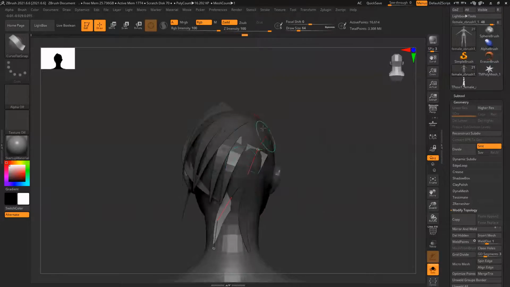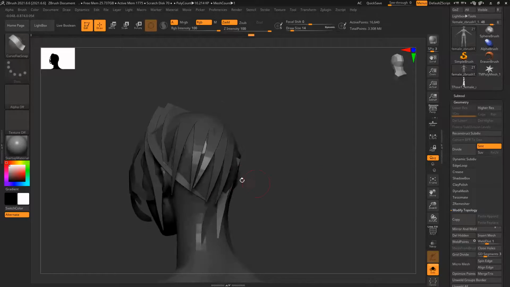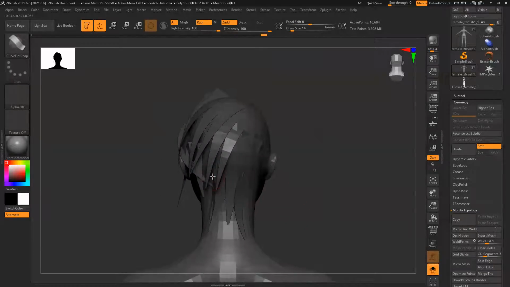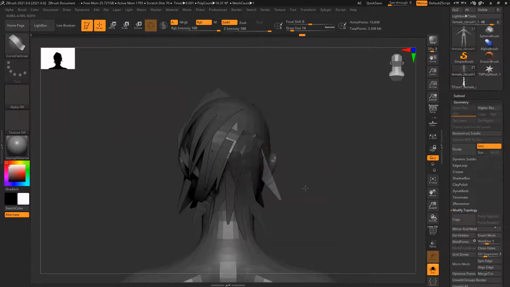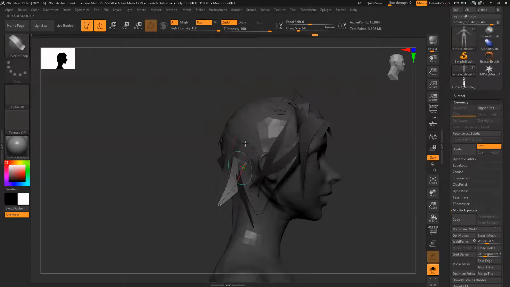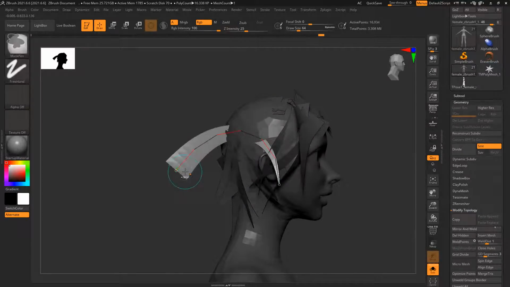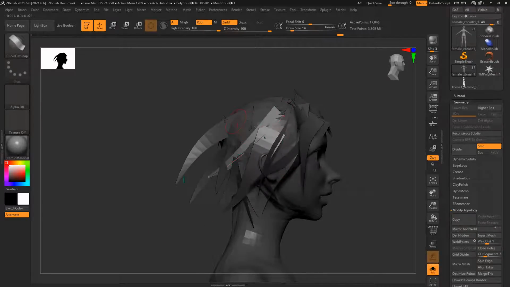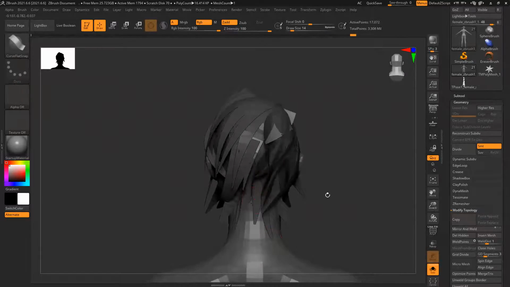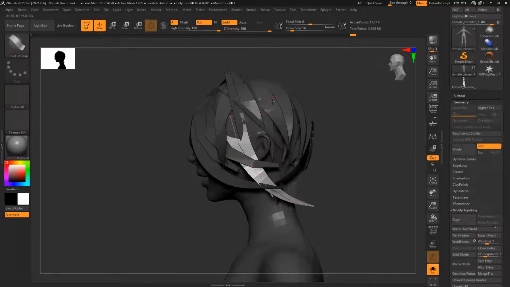I'm creating all the hair alpha cards. The idea is like first create a base here and then create the top layer.